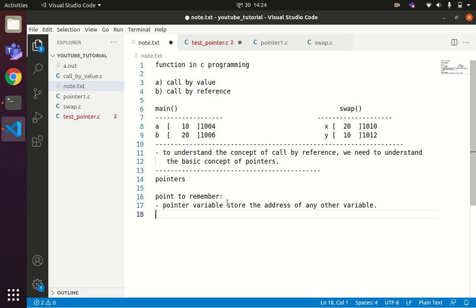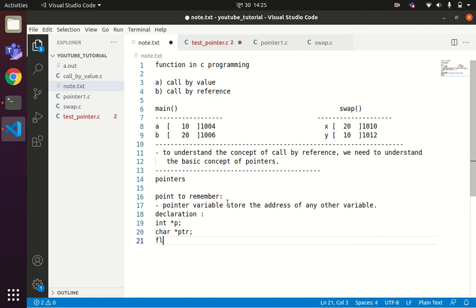So the declaration of a pointer variable is something like this: if you want to declare an integer pointer, you can write int *p. If you want to declare a character pointer, then you can write char *ptr.